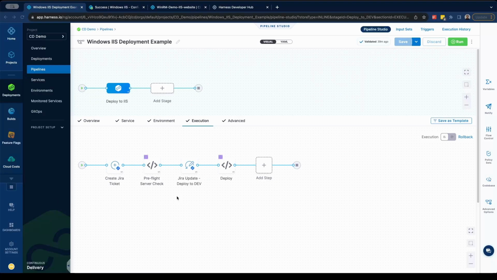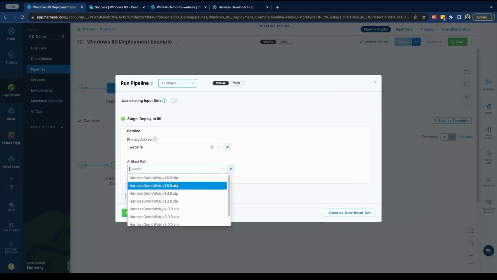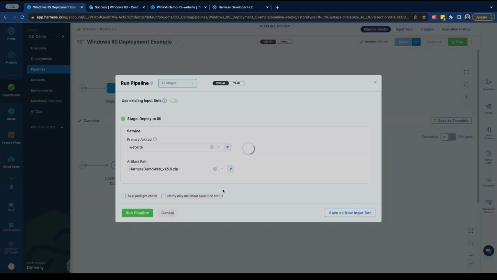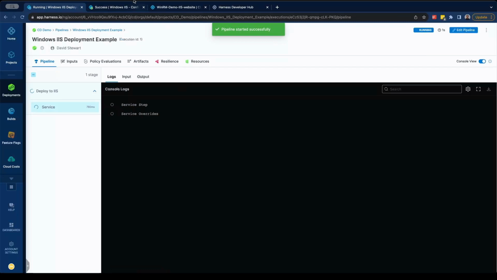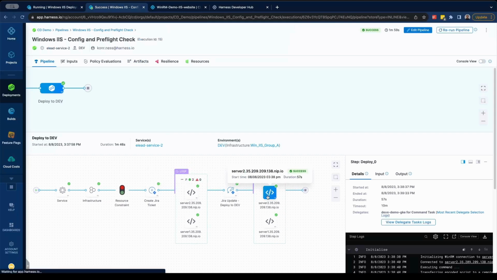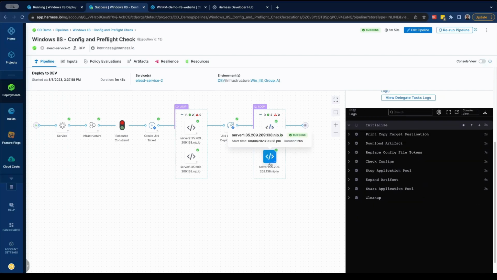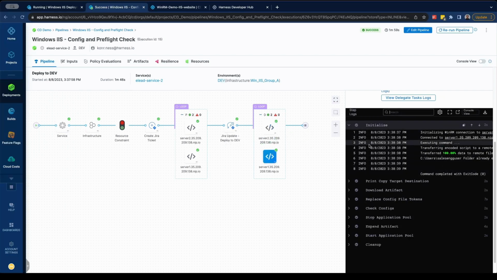Once we've completed our definition, we can go ahead and run our pipeline. Through the power of time travel, we can review a completed execution of this pipeline. Here you can see the logs for each of our individual steps. You'll also notice that you can view the logs from each of the two different hosts that we're deploying to. In this case, we're using a looping strategy to iterate over each of the hosts, but we could also run